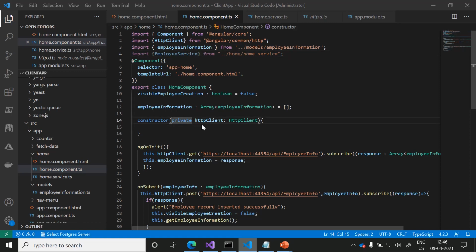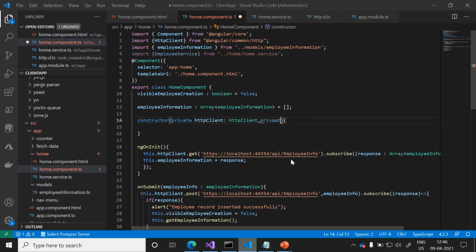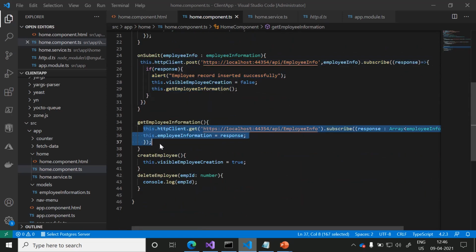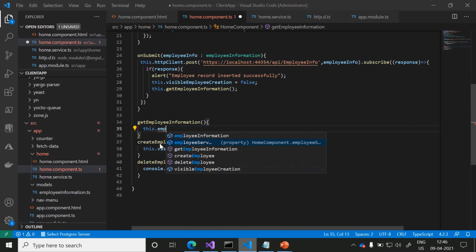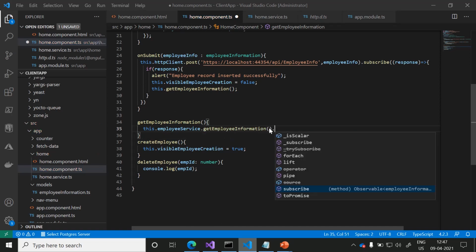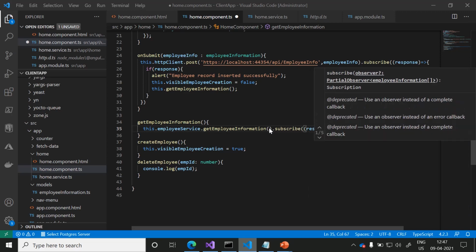Like the private HTTP client, the same way we need to inject the employee service as well. I'm going to use the private alias of employee service. Now I'm removing this piece of code. We just need to make a call to employee service dot, and here we have a method. This method is going to return the list of employees information.